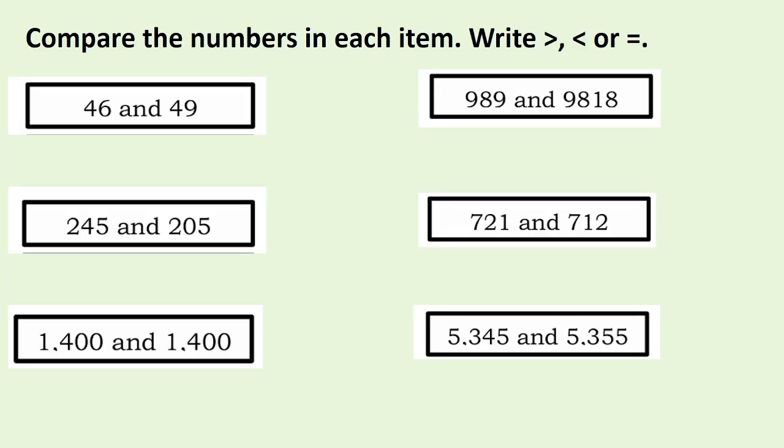Next, compare the numbers in each item. Write greater than, less than, or equal to. Number 1: 46 and 49. Next,